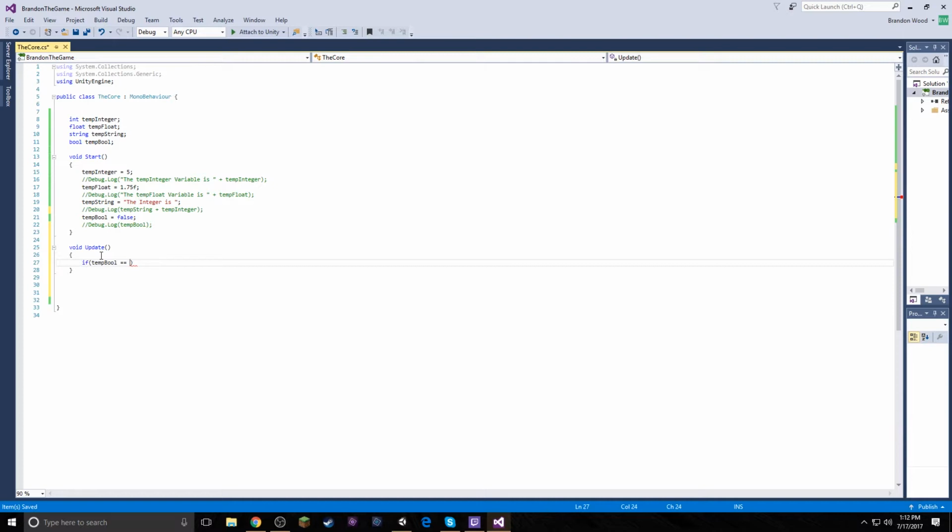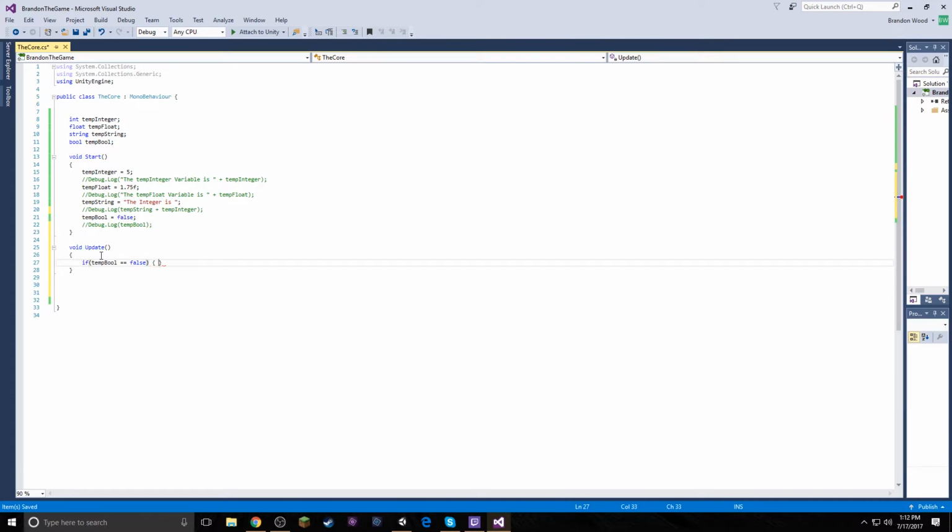I know that doesn't really make sense, but once you get into numbers and Time.deltaTime, which you don't need to pay attention to now, it can cause some problems if you do equals. But for this, a boolean can only equal true or can only equal false. It's one or the other. So double equals works perfectly fine here. If it is false,